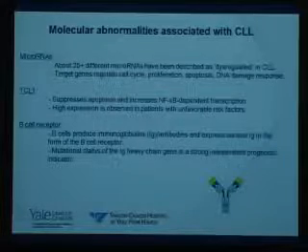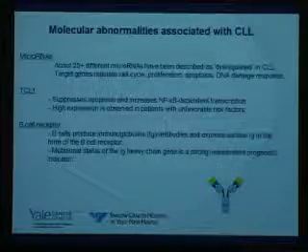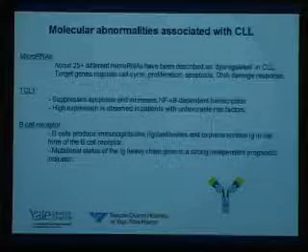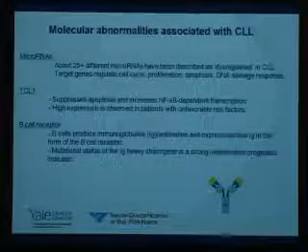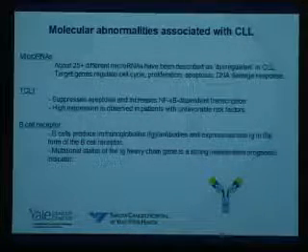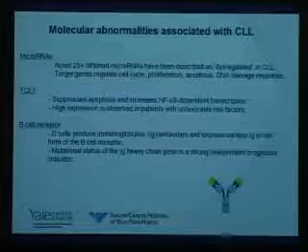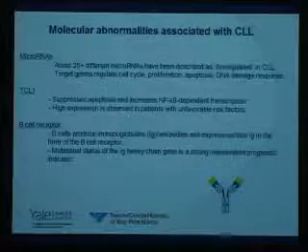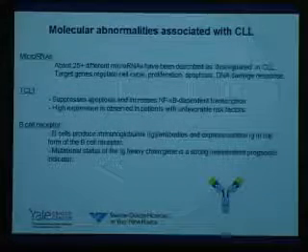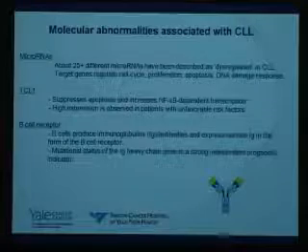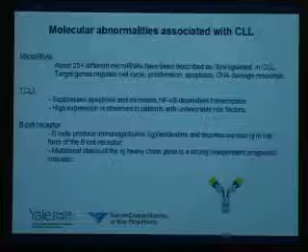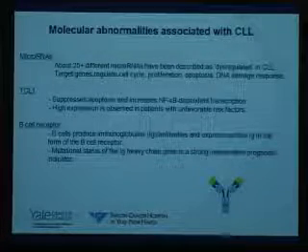Gene microarray technology generates data faster than it can be analyzed, and so although there have been a number of genes that target a whole host of factors, including cell cycle and proliferation, apoptosis, and DNA damage response, a specific role for many of these microRNAs is yet to be established in the pathogenesis of CLL. TCL1 is interesting because it suppresses apoptosis and increases NF-kappa B dependent transcription, but it's not normally